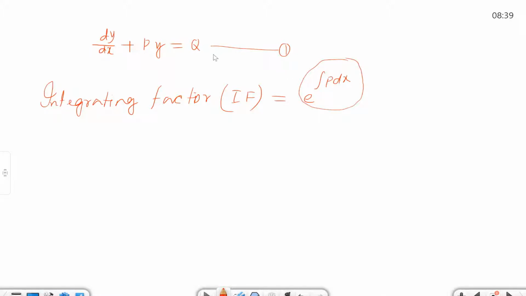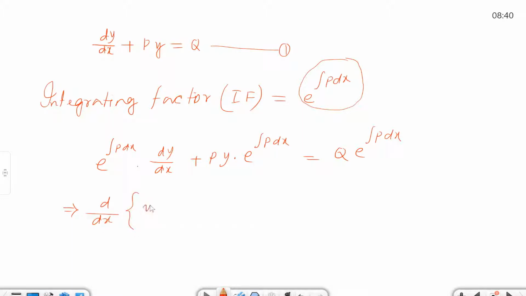After multiplying, we get e to the power integration P dx into dy/dx, then plus P into y into e to the power integration P dx is equal to Q into e to the power integration P dx. So the left hand side can obviously be written in this way: d/dx of y into e